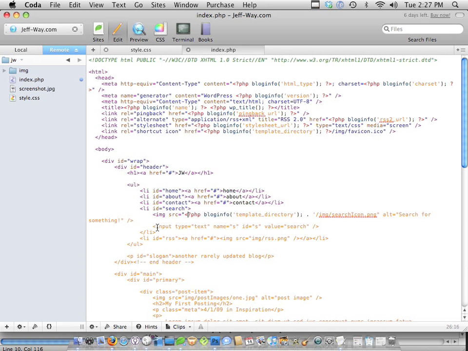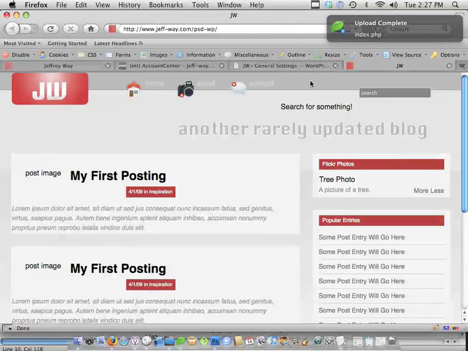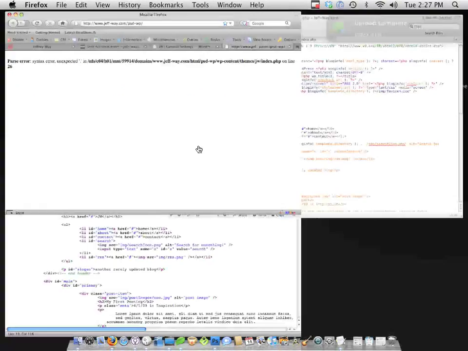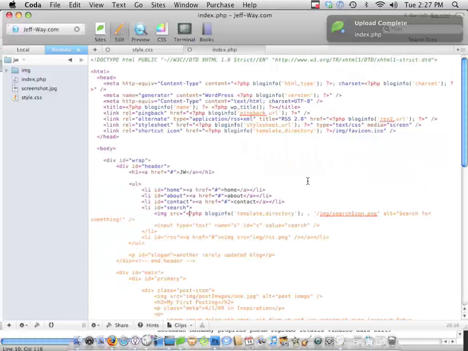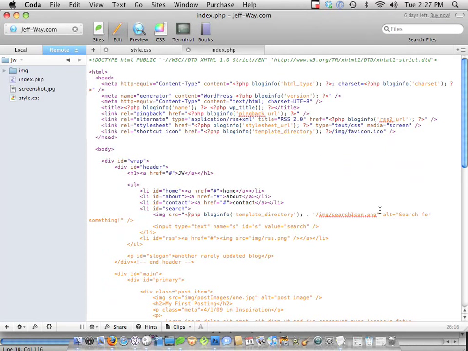Now we want to echo this out. So if I come back and refresh the page, we're getting a syntax error expecting a period. And of course, that is because I haven't closed out PHP. Okay, so blog info template directory, we're using the period to concatenate, and then we are adding img/search icon.jpg and